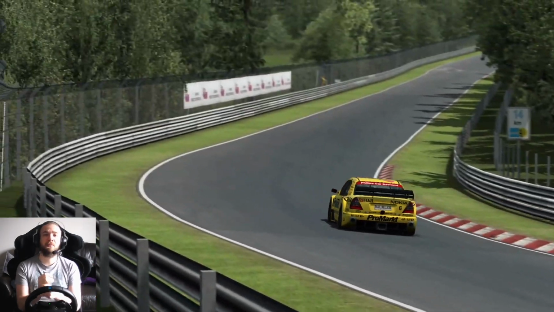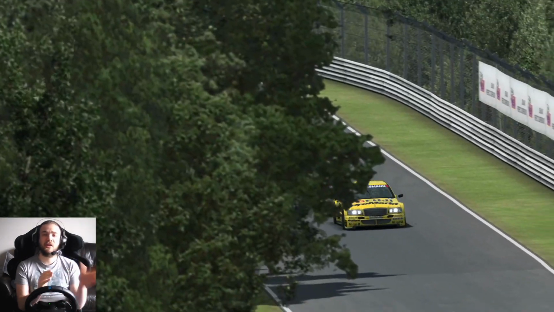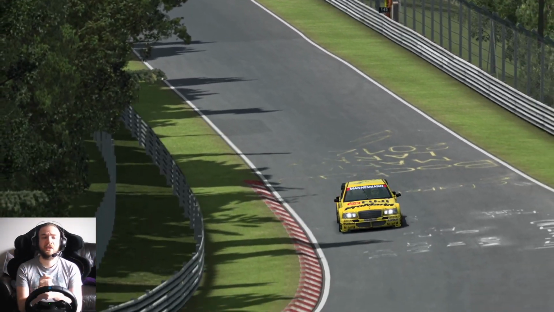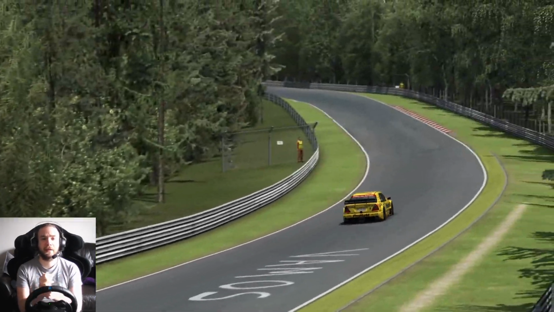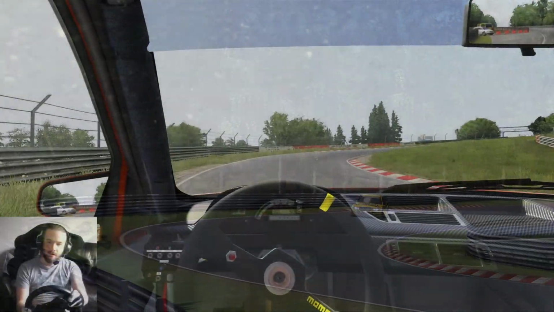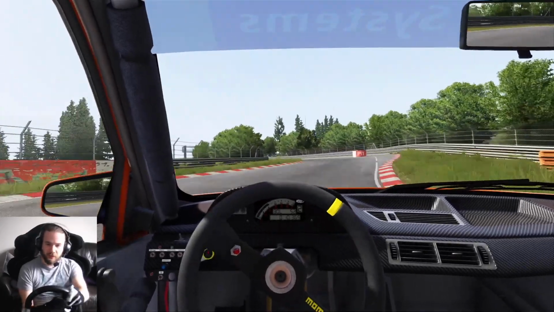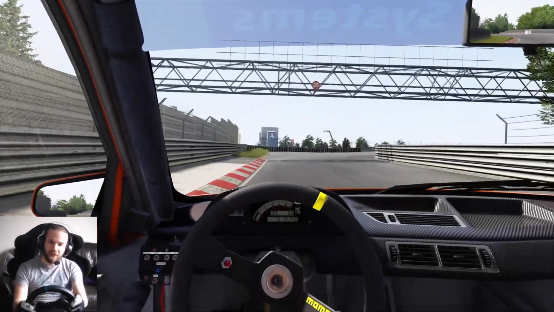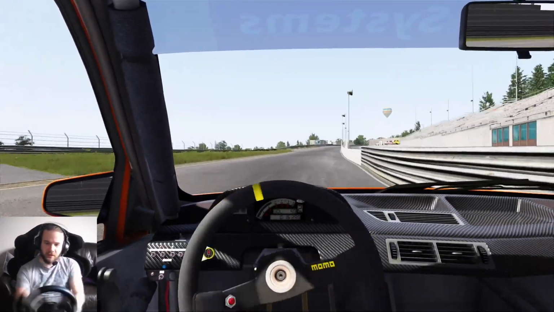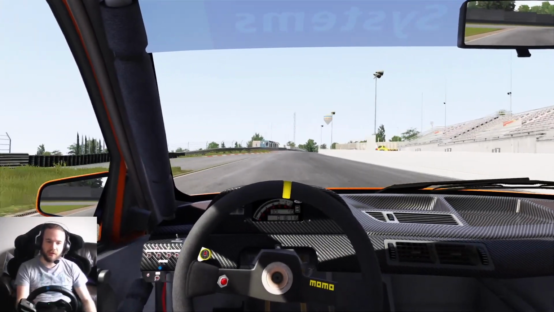What I'm going to be doing is going from the slowest car to the fastest car. I'll put time codes in the description below if you want to skip ahead, but let's get to the first one. Right, the first car is going to tackle the Nordschleife in its do-over. It's the Alfa 155 DTM car from Kunos, 4-wheel drive,